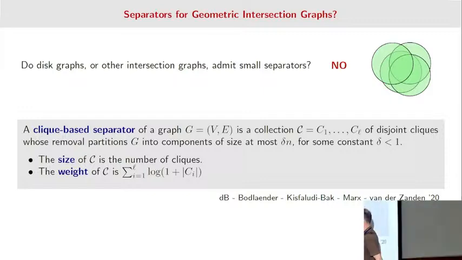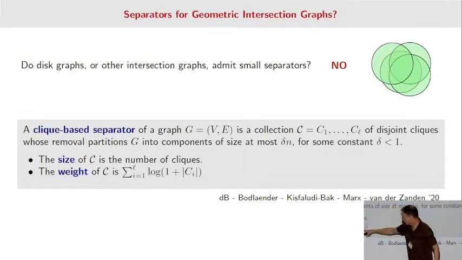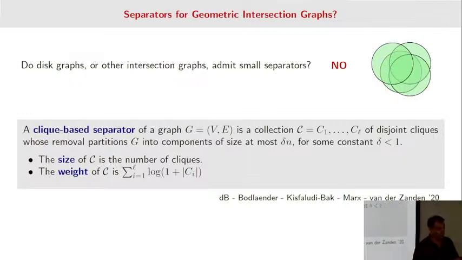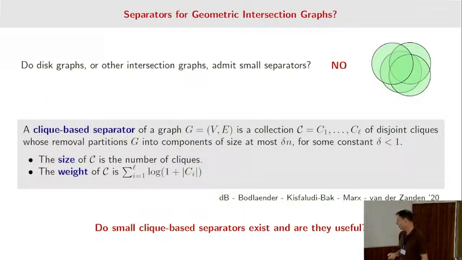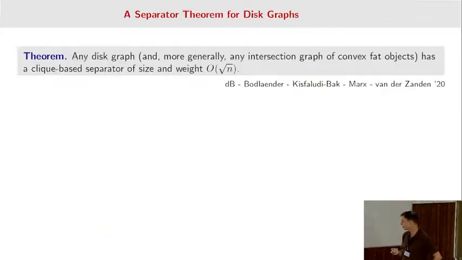And of course, if I would just count the size of the clique instead of the log of the size of the clique, I'm back to my normal separators, and they don't exist in these graphs. So, question: do these intersection graphs have small separators, clique-based separators? And the first